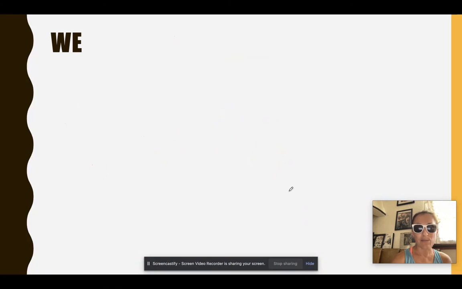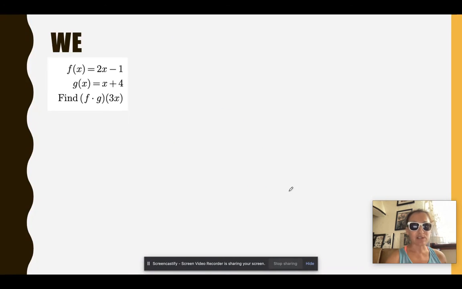All right, here we go with our practice problem. Here it is. Pause it if you want to. Now we're going to insert a 3x into the f and into the g and then multiply them together. So let's